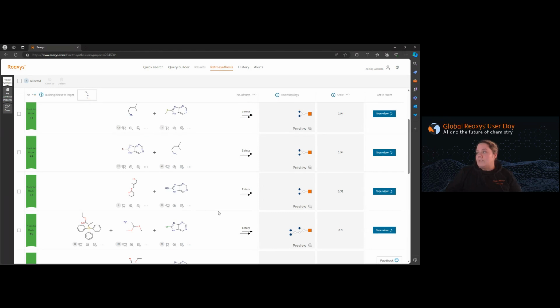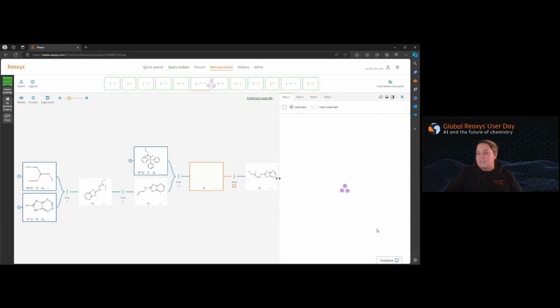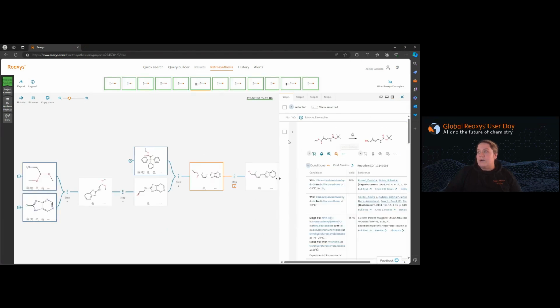I'm just going to select one of these routes. We can take a look. I'm going to go with predicted route 6, select the tree view, and it's going to bring us into our overall search results. Now you are able to see all of the different routes that were created. So you could jump through them to take a look at different ones. So if this doesn't really fit what you're interested in, you may